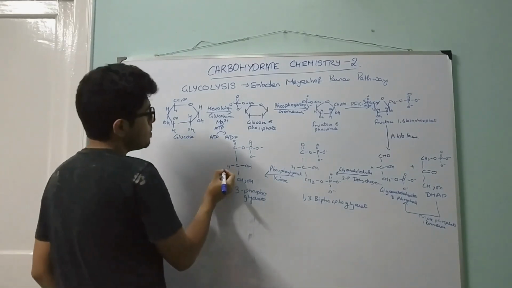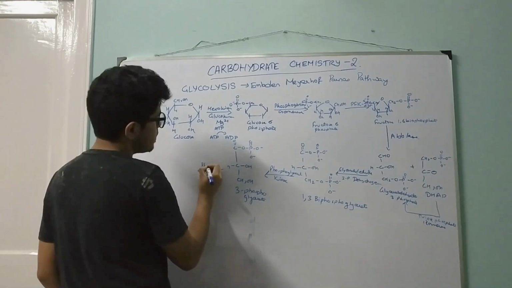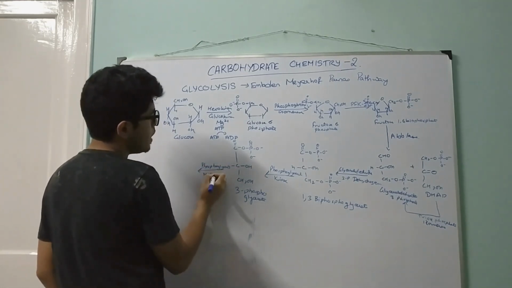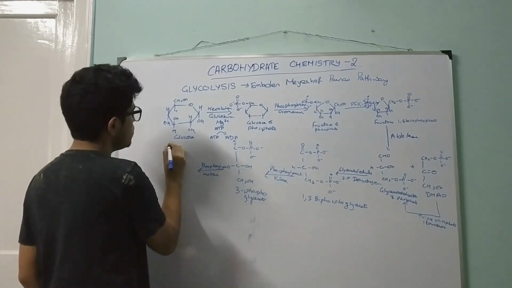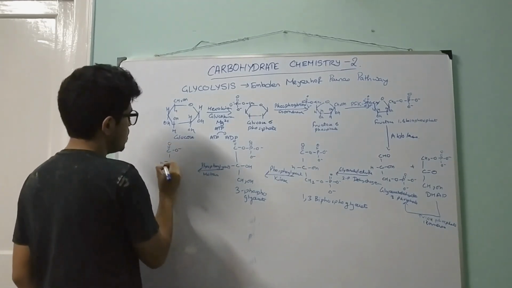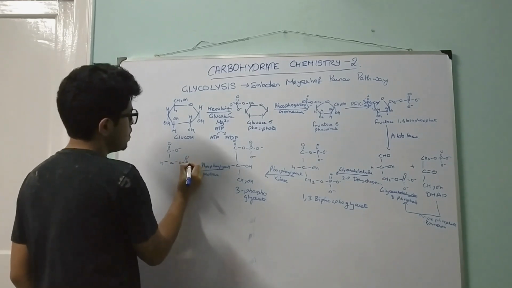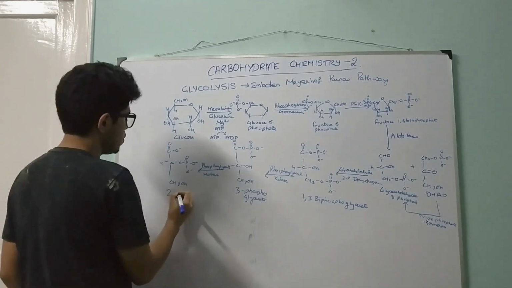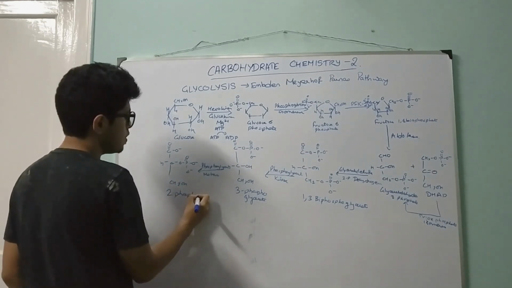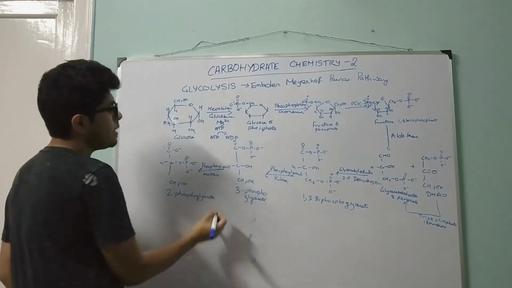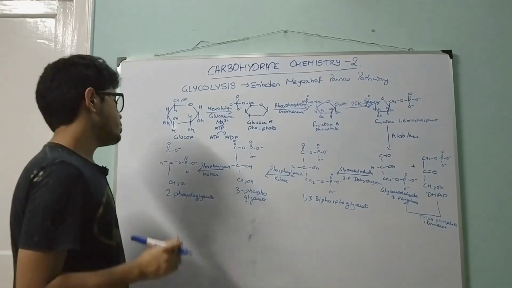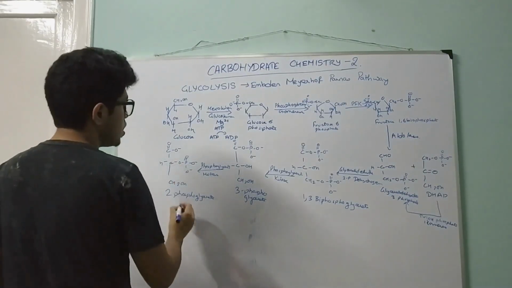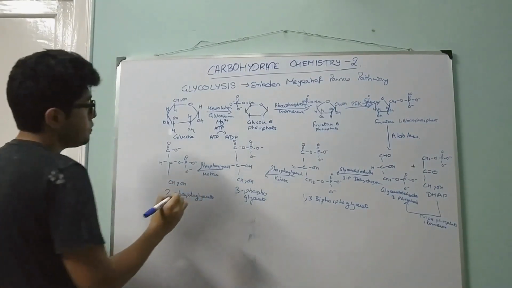3-phosphoglycerate then by an enzyme, phosphoglycerate mutase, gets converted to 2-phosphoglycerate through an intermediate, which is 2,3-biphosphoglycerate. We get 2-phosphoglycerate. On 2-phosphoglycerate, subsequently we add